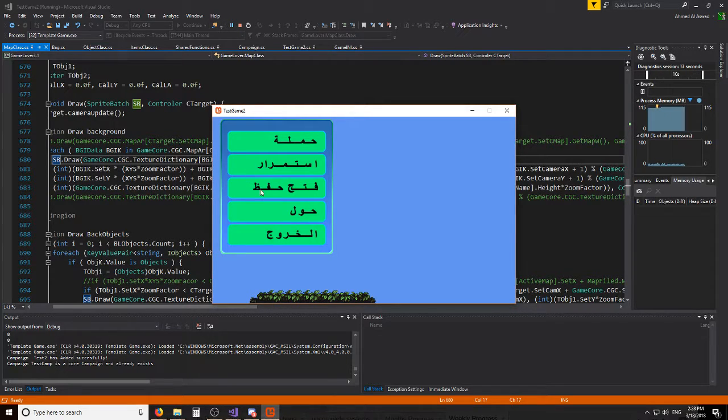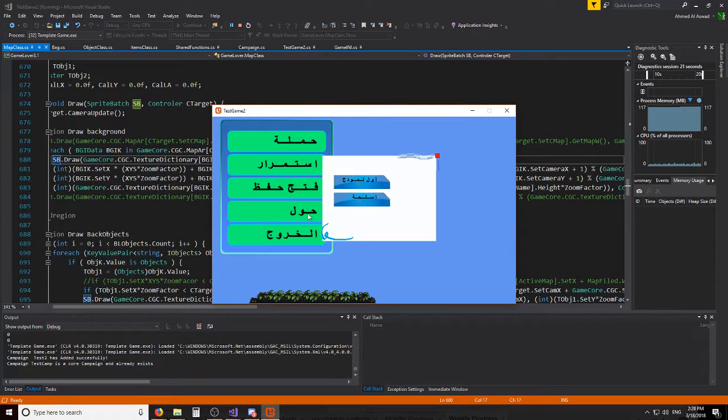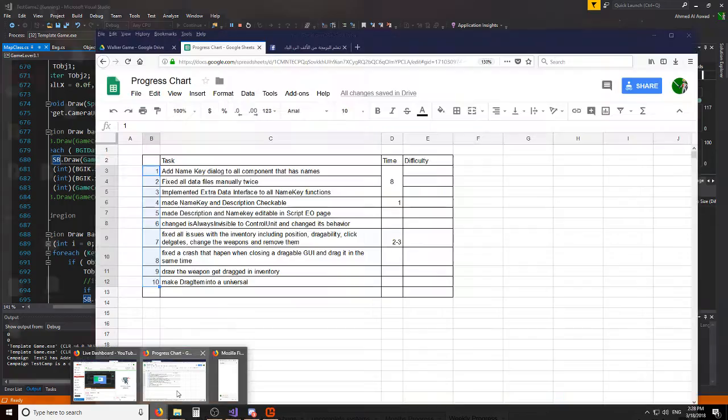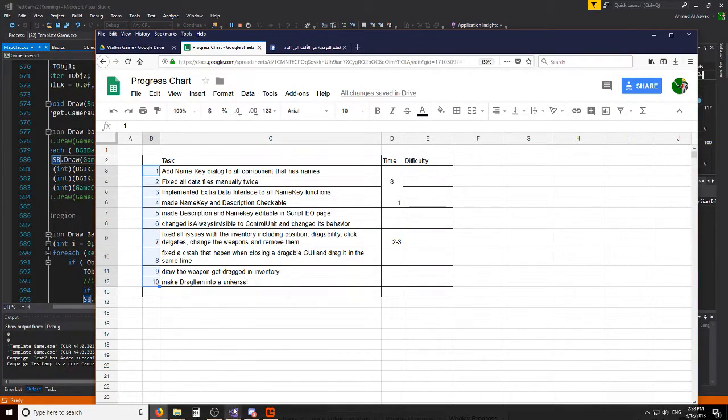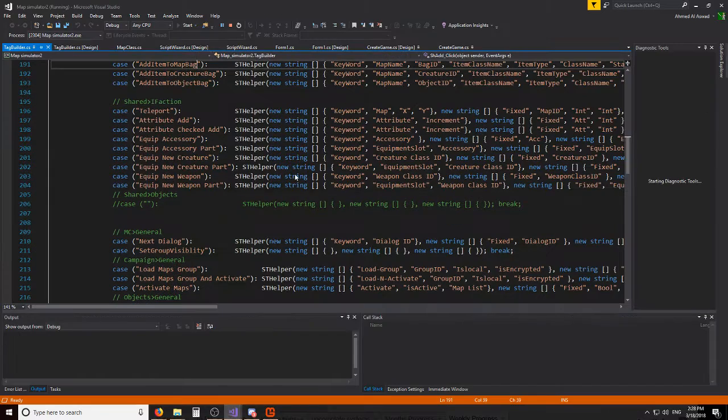So I made something called a dialogue class to support the different sizes of the font, as you can see, this one is smaller, the color of the font, and the language itself. Each object in my engine now holds a key to represent its name. So whenever I have an inventory and I want to read the names and descriptions of the items, they can be represented in all languages now. Actually, this task took me around 8 hours, because I needed to make the user add these